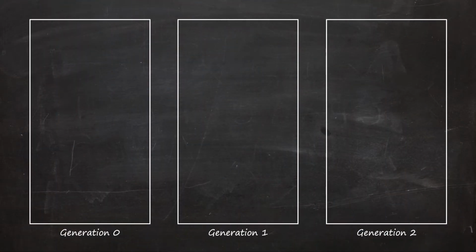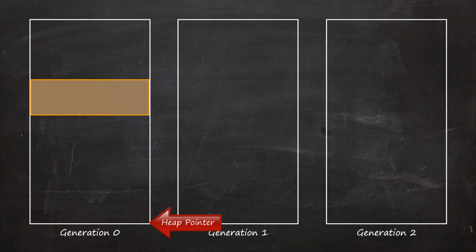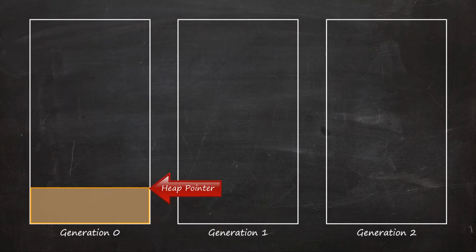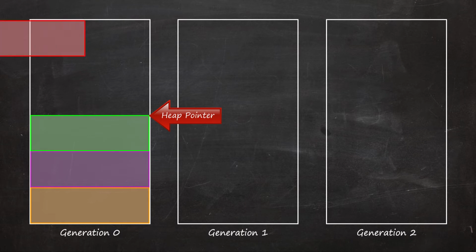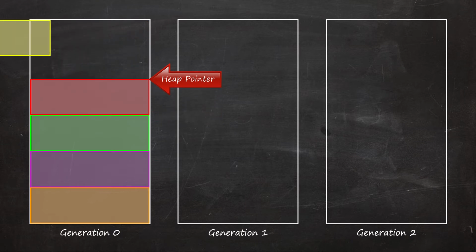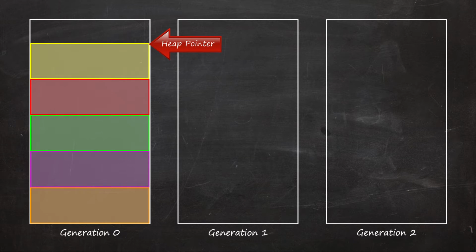And when objects are allocated, so when we had our Wilma and so forth allocated, they get allocated on the Generation 0 heap. And allocation is very efficient because actually, just like a stack, we have a heap pointer. And so each new allocated object is allocated at the bottom of the heap, and then the heap pointer moves up to show the next available slot, and so on and so forth. So there's no searching around for a spare gap of free memory on the heap like you get with some other systems, things like C++ and C. It just always piles them up like a stack.